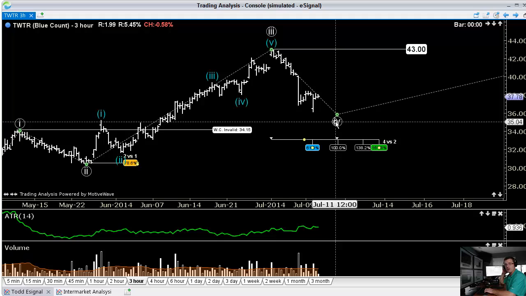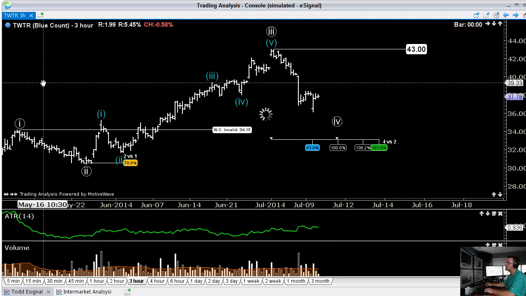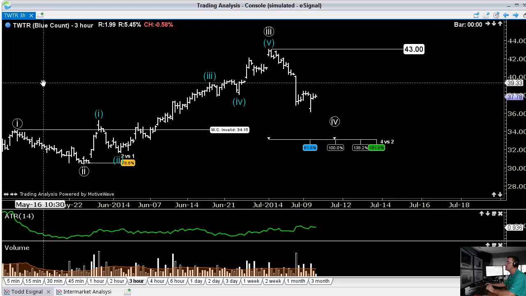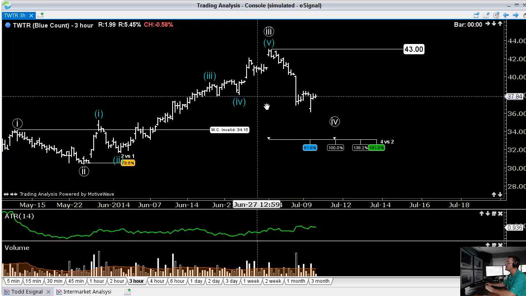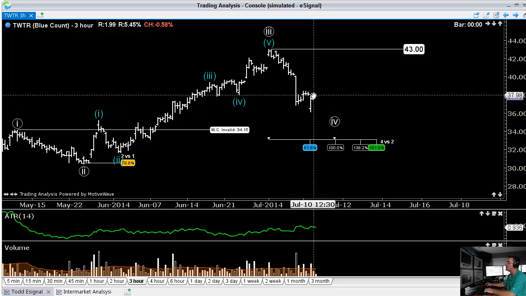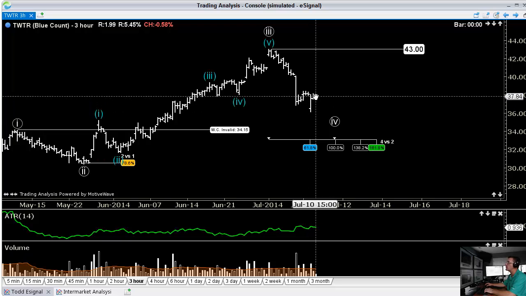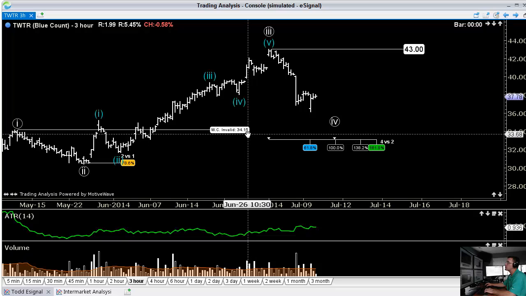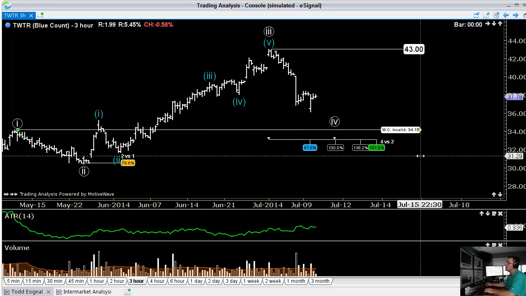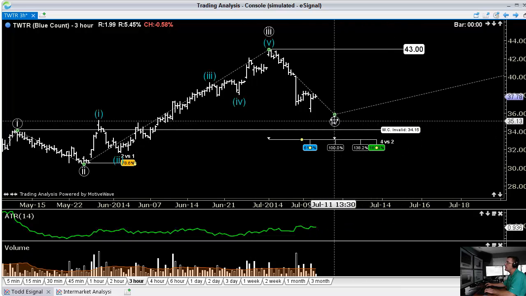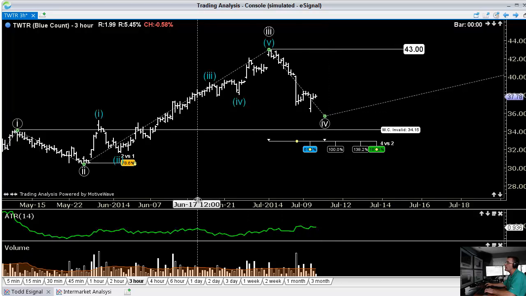So I like this chart for today. NASDAQ and the other markets, S&P, NAS, and even the poor Russell gap down, but spent most of the day closing the gap. Here's a little gap up on the 3-hour, the gap closure on Twitter. It held up extremely well, and it's one of the stronger NASDAQ stocks because it's above this key wave 4